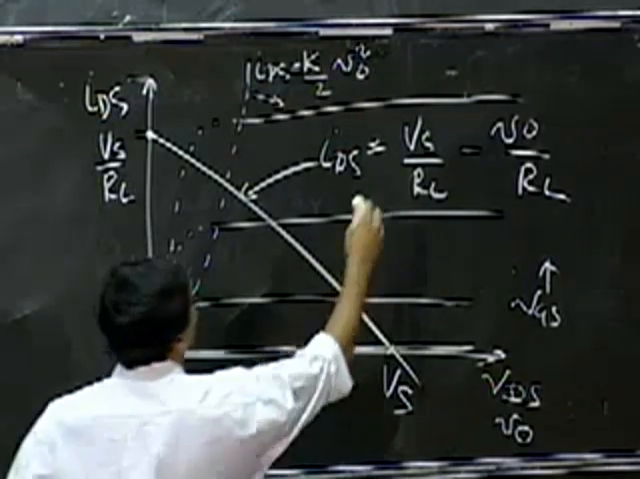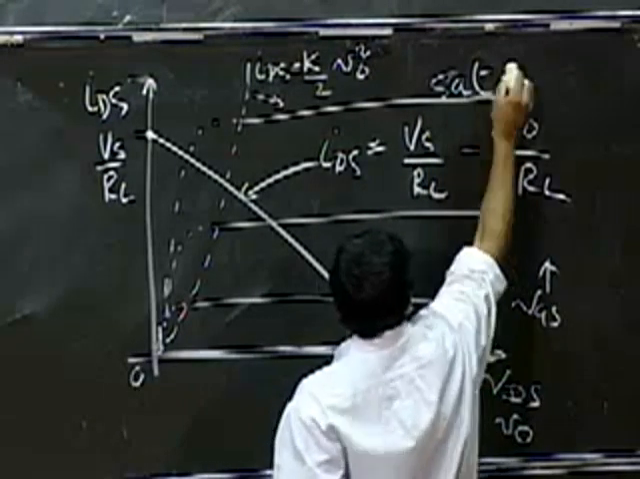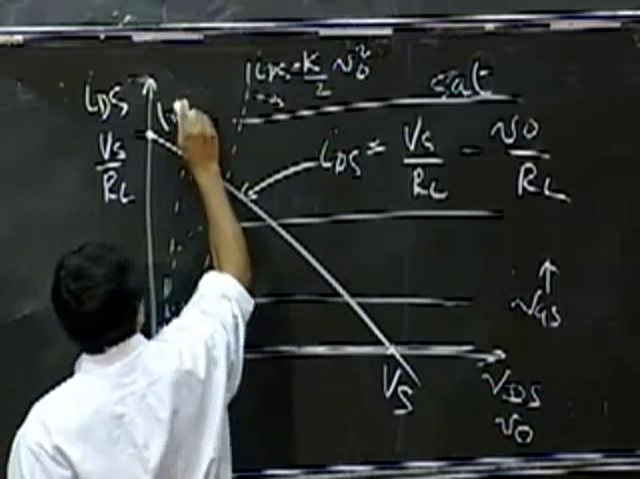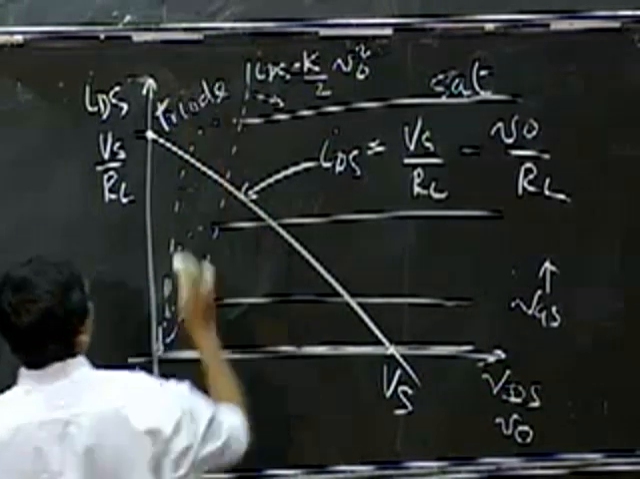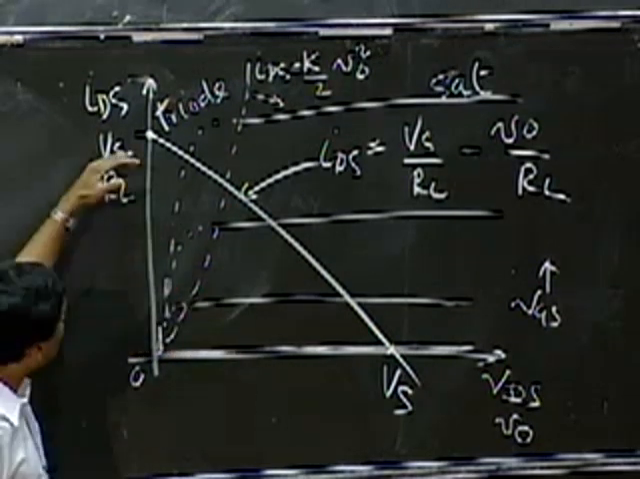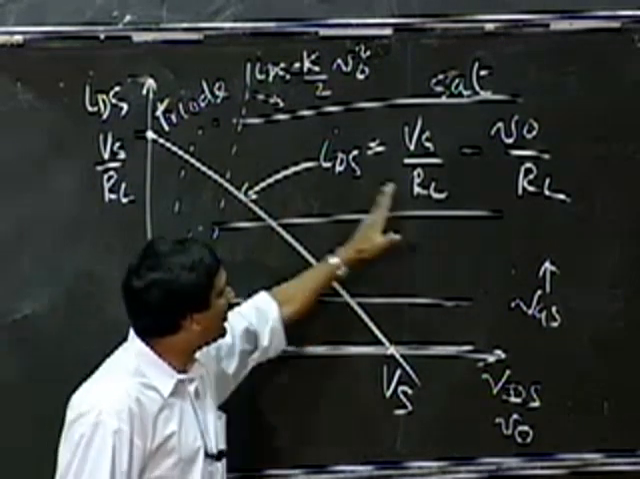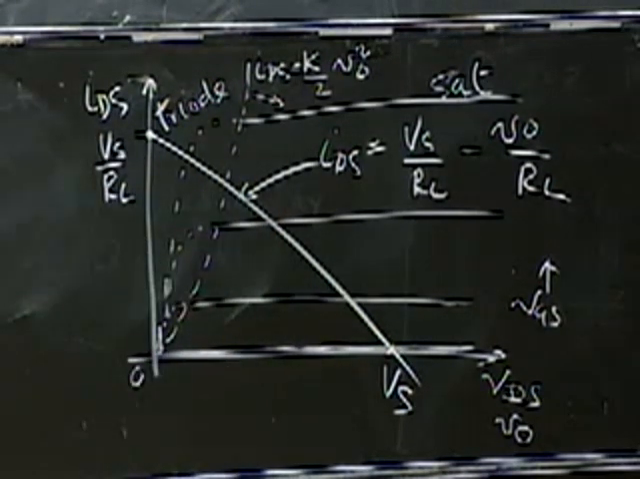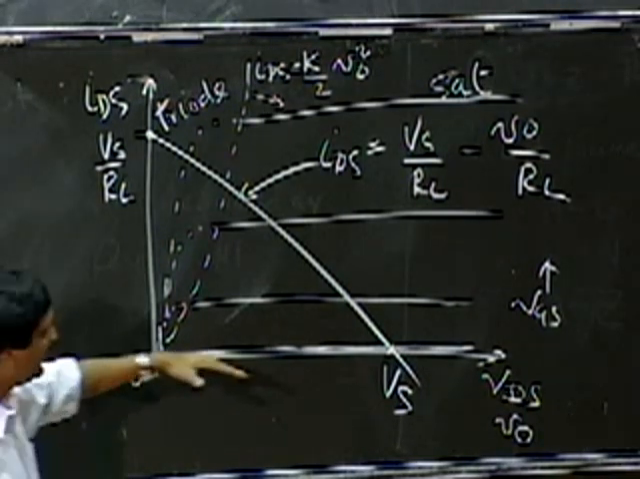Okay, so this is my saturation region, and this is the triode region. So this was another interesting graph. We oftentimes fondly call it the load line graph. So here's a load line superimposed on the device, the MOSFET device, IDS versus VDS curves for a variety of